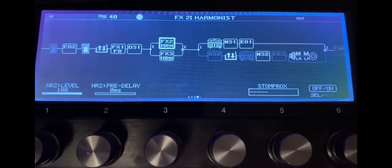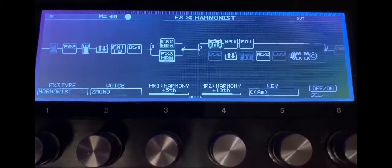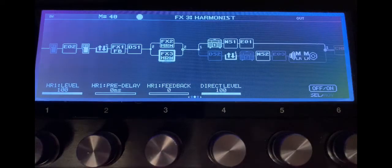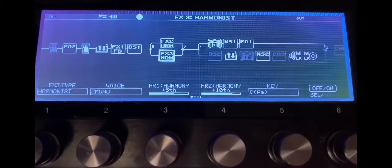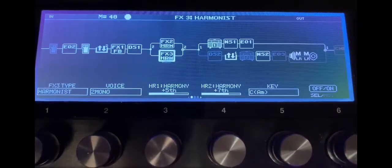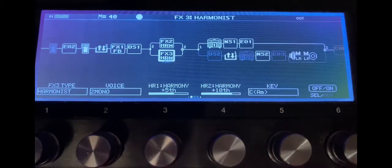Go back to the second page, I went a bit quickly through that. And that's the second harmony. Okay, hopefully you can see what the settings are there. And if you want to, you can make a note. Just going to drop that so you can see what happens. So let's go. Okay, and I've just got that assigned to shift between the two. And then I can...